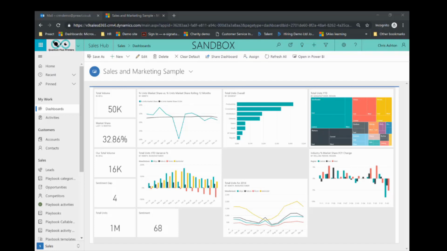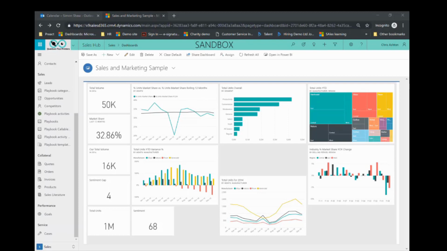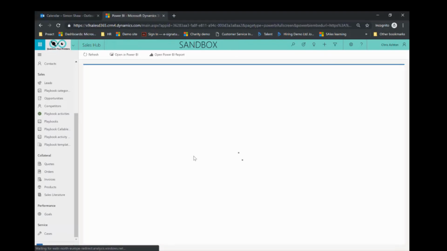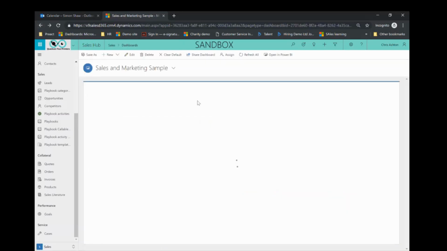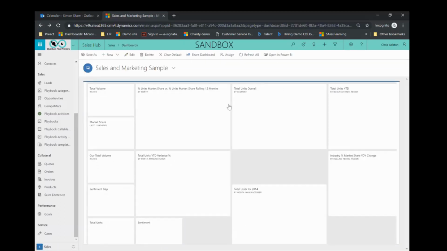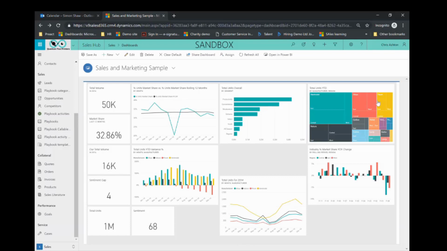within the company. One of the good things about the Power BI reports as well is that you can interact with these. So if I want to go into this one in more detail, I can open up the report, and you'll notice as I hover over each bar, it tells me the specific values underneath that. So though it's very simplistic as an overall visual, we can really drill down, and I can see specific percentages relating to each bar. So if I now go back, see again, this will refresh the data and keep it